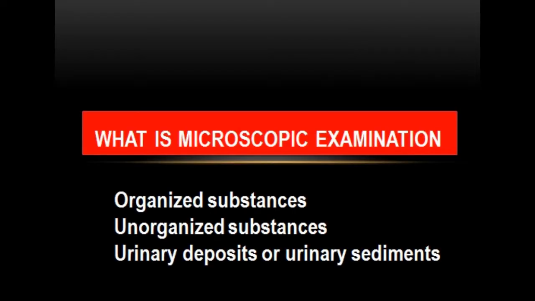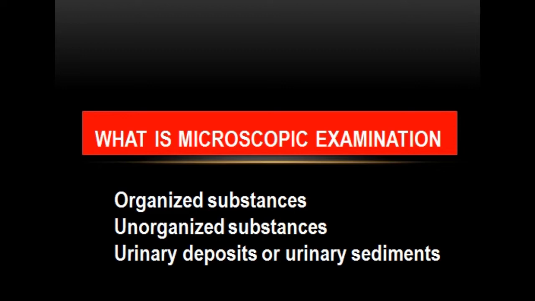In normal urine, microscopy reveals a few types of epithelial cells, occasional RBCs, and a few crystals. Urine basically has various types of microscopic insoluble solid substances present in suspension form. These elements are categorized as organized substances, including red blood cells, white blood cells, epithelial cells, casts, bacteria, and parasites, while there are also certain unorganized substances.